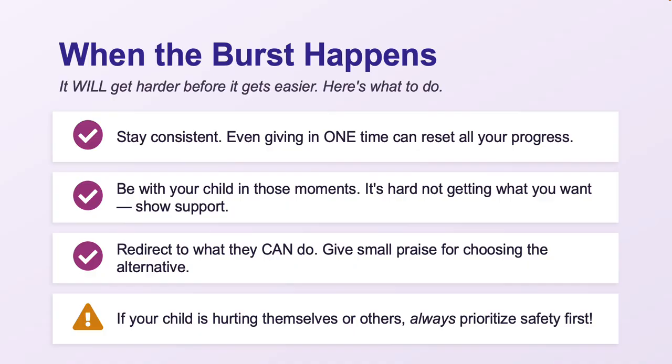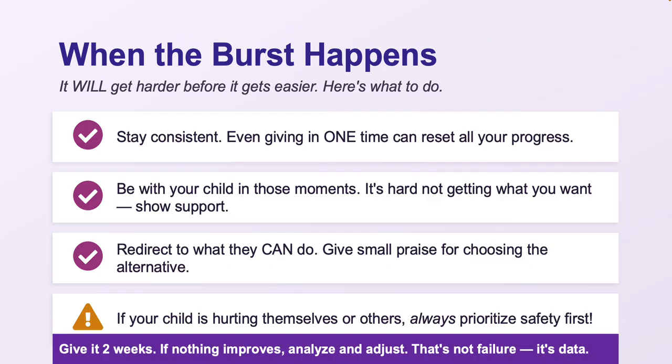Make sure that you're safe before you do something else, and then adjust the plan as needed. If there was a situation where the person hurt themselves because of the plan you implemented, try not to have that happen again. Adjust it. Maybe make the goal a little bit smaller, the expectation a little bit easier to follow.